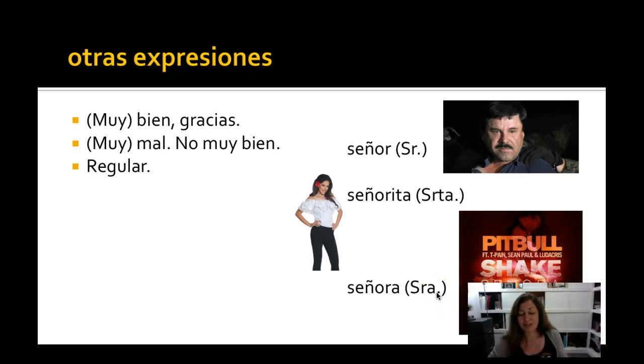Now, a fun thing to do is to roll your R's. I don't know if you know how to. If you don't know, and if your hands are clean, take your finger and put it behind your front teeth. You've got some ridges right there. Find the ridges and place your tongue there, and then blow out air. You can use some throat. All right, try all of those methods. You're not going to sound any goofier than I do.